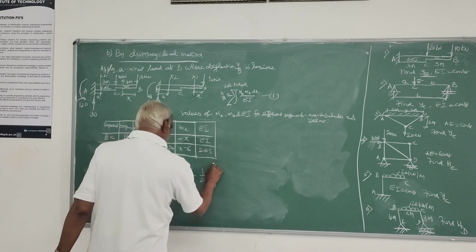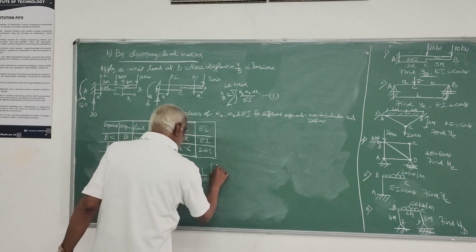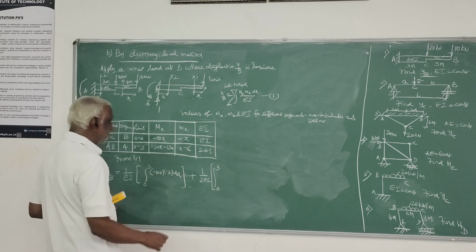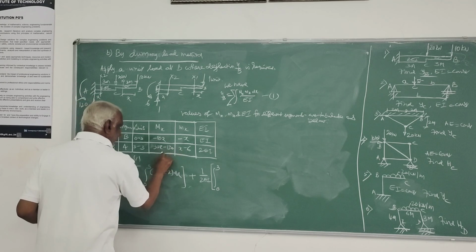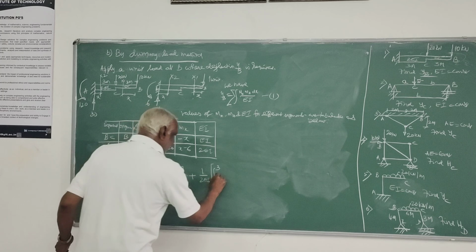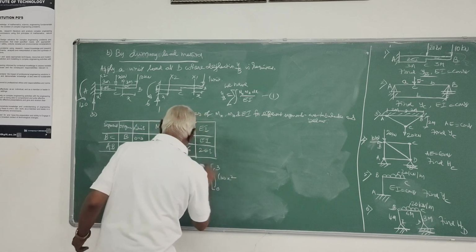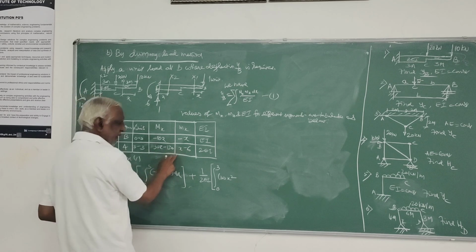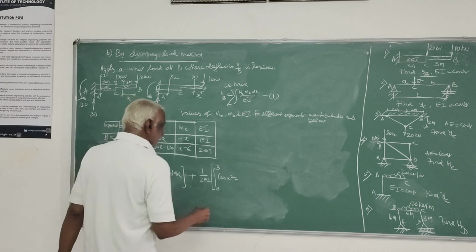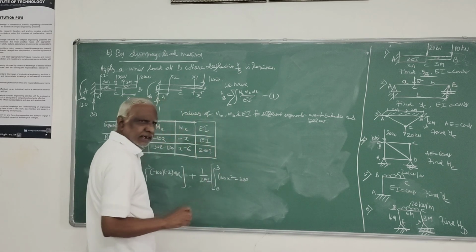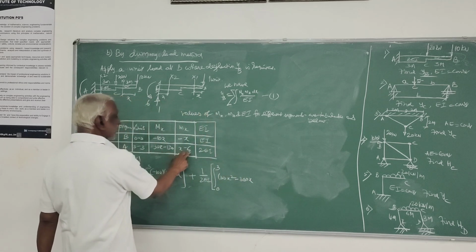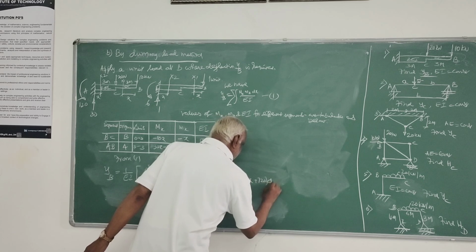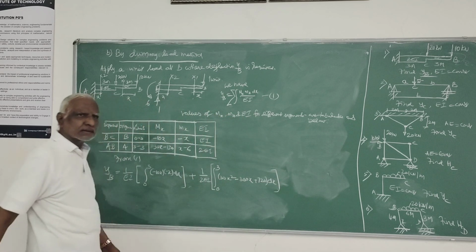For this, it is 1 over 2EI, integral 0 to 3. This is the moment Mx, this is small mx. So if you find out, this is 30x squared, then minus 180x, minus 120x, so minus 180 plus minus 120, minus 300x. Then it is plus 720. Correct? Yes, sir. Just check that once.